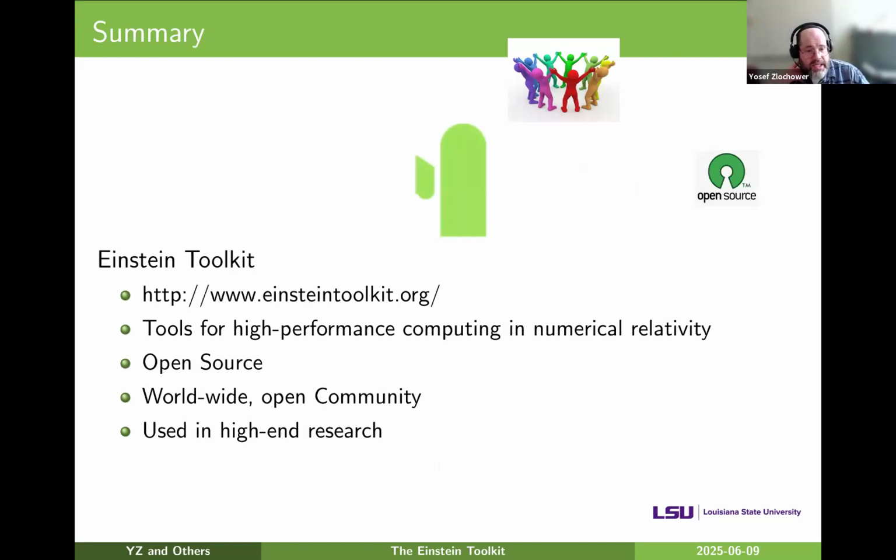Okay. So in summary, first things first, for the Einstein Toolkit, go check out the Einstein Toolkit webpage. It's very detailed and very thorough. The Einstein Toolkit provides tools for high-performance computing and numerical relativity. It's open source. It is an open community with researchers from around the world, and it's used in high-end research